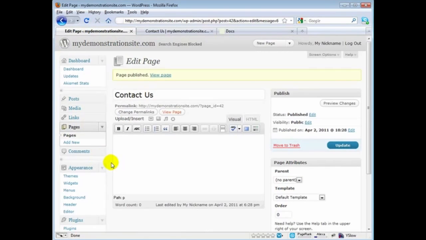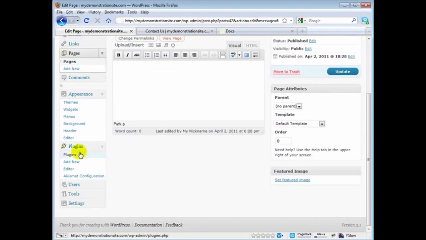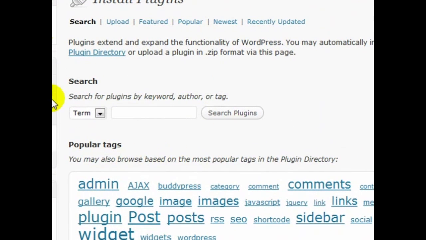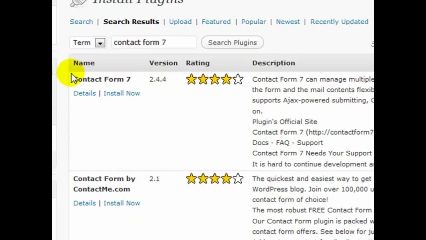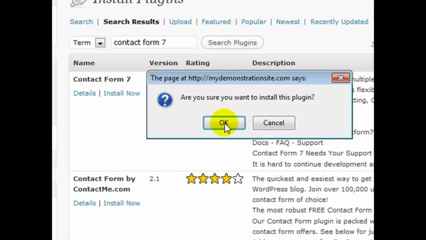Now we want to install our contact form. And we come over here to the subpanel Plugins and just left click on Add New. And by default, we're brought to the proper page. Under Search Term, just type in Contact Form 7. Make sure you have the number 7 in there, otherwise you're going to get a lot to choose from. So we just want this one. Click on Search Plugins, and it'll probably be the very first one, and it is. Just left click on Install Now, click on OK,